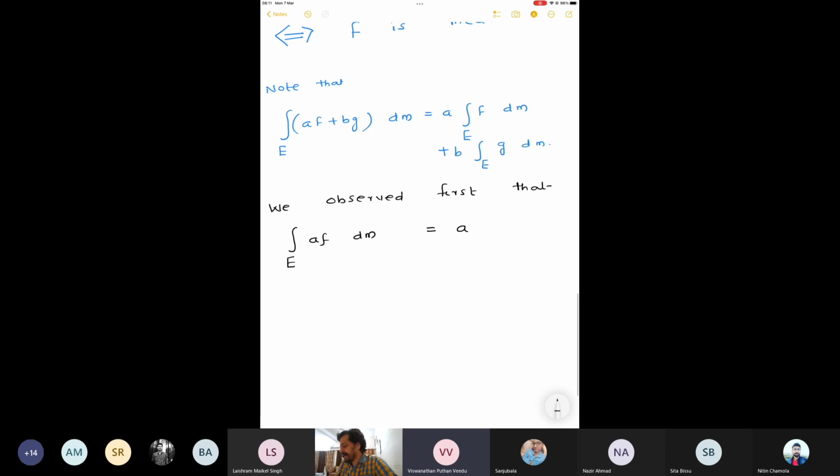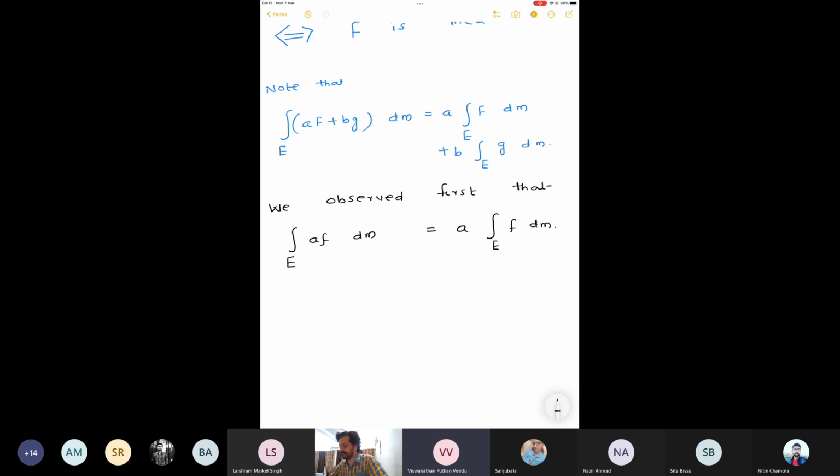To do that, we split it into two cases, a greater than 0 and a less than 0. The crux of the matter lies in the fact that whenever phi is simple, a times phi is simple, and conversely,